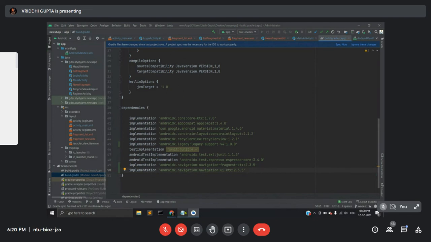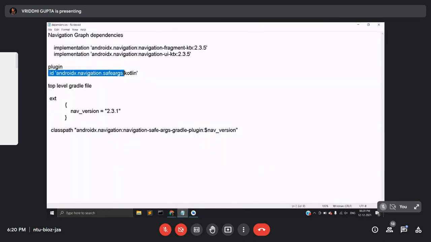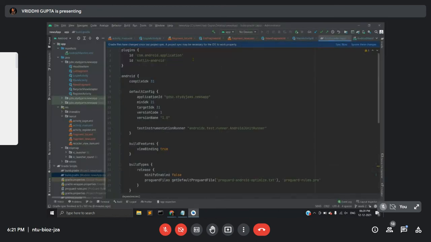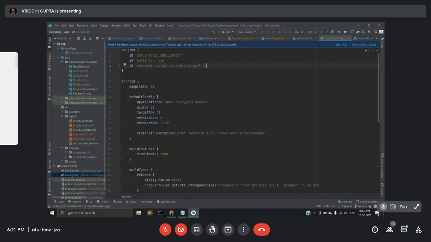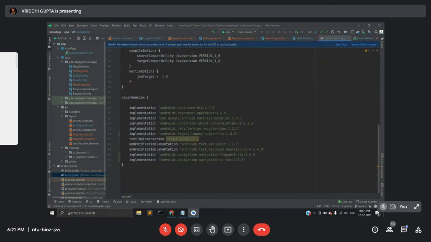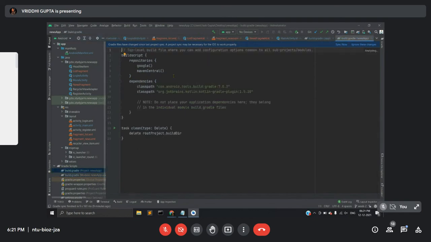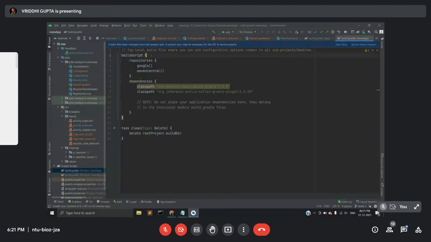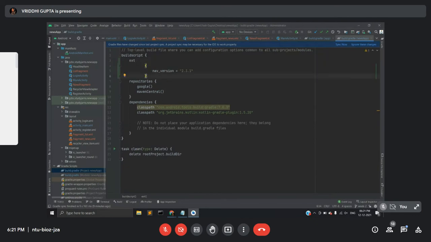After adding these two lines, we have to insert a plugin for SafeArgs. I've already explained what SafeArgs is. So you have to insert the plugin over here. Once you have inserted the plugin and both the dependencies in the module level Gradle file, you have to go to the project level Gradle file and copy paste this here, before this repositories thing.